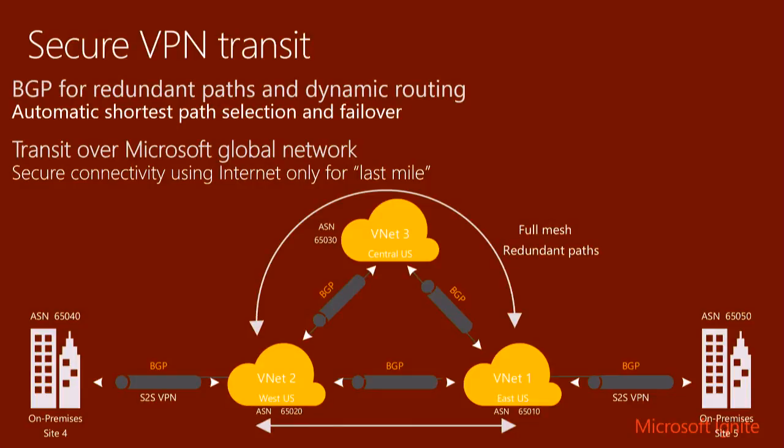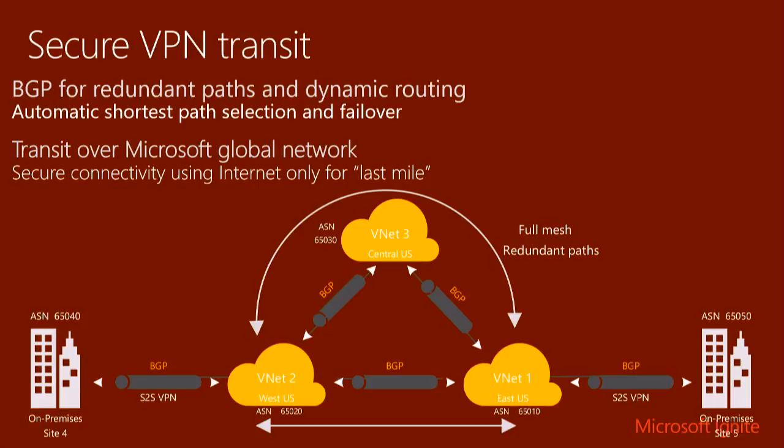Sorry about the color scheme here. I think I imported it with this model. Basically what it tells you is, because it is dynamic, you have connectivity between your on-prem location and one of your VNets, and within your cloud presence you may have VNets across the globe, and you can have connectivity through any of your VNets. So for example, if you have VNet 2 and VNet 1 connected through a VPN tunnel, and you also have VNet 2 connecting to VNet 3 and VNet 1 connecting to VNet 3, if this link goes down, the route can automatically go via this path. That's because it's BGP.